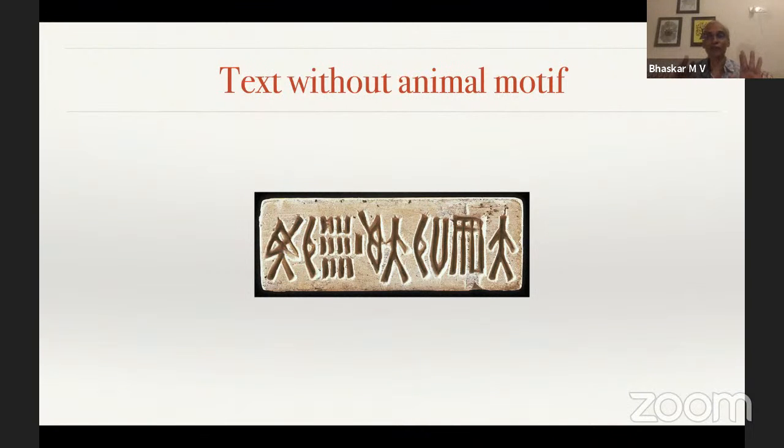This is mainly to point out that there are, after all, other types of objects that do not have this field symbolism, and they have plain text, and plain text transactions could be understood and carried out as well in Indus time. Okay? It's merely to present that fact.